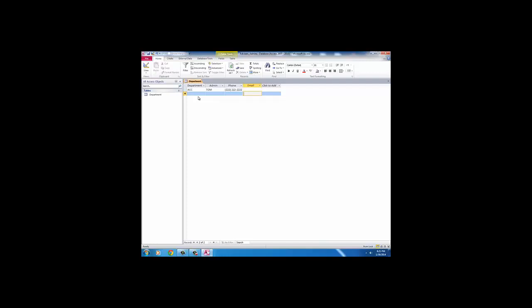Okay, so what we have to do now is create the second table. So the second table, what I'm going to do is go up here and it says Create right up here on the tab. And we're going to create what? We're going to create a table. And so we just click Table. And this is Table 1 now. We got the department table. The other table is actually